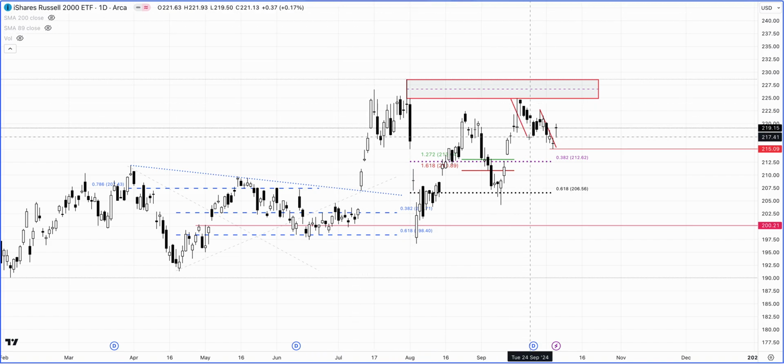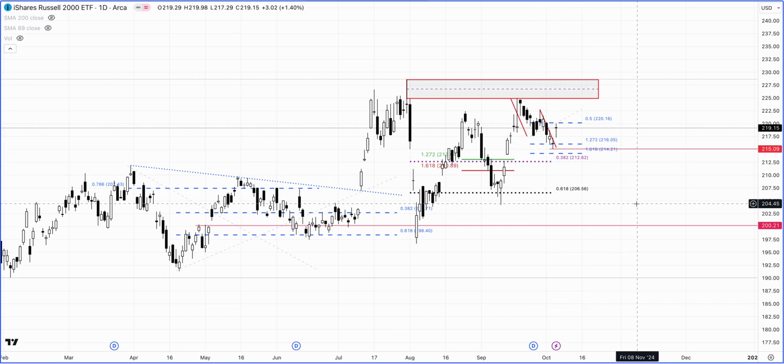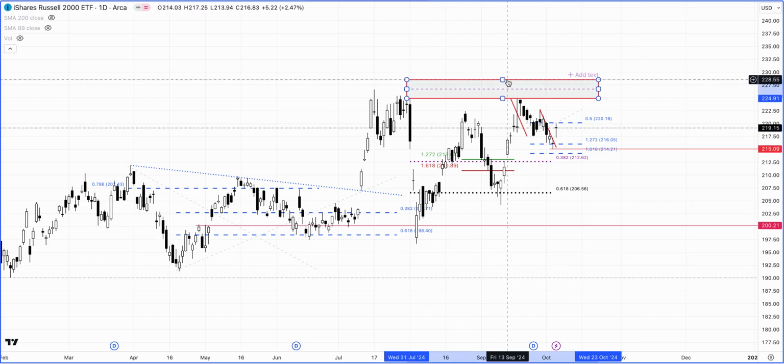And we can also do the expansion of this one. So let me actually show it to you. Here you go. Yeah, there we go. It came between the 1.27 to 1.618 expansion, but closed right at the 1.272 expansion. That's a sign that we have a confluence of two ratios coming together. That's good. So let me actually move this box a little bit higher.